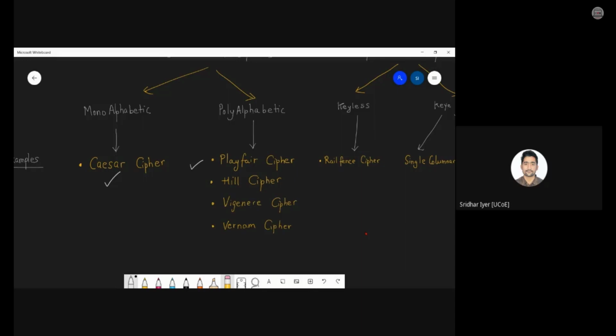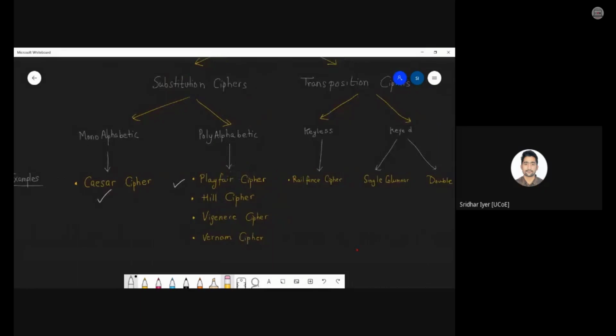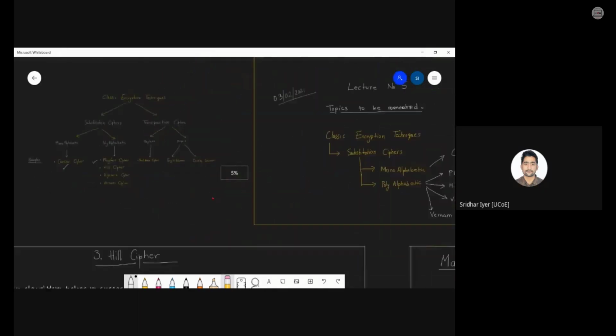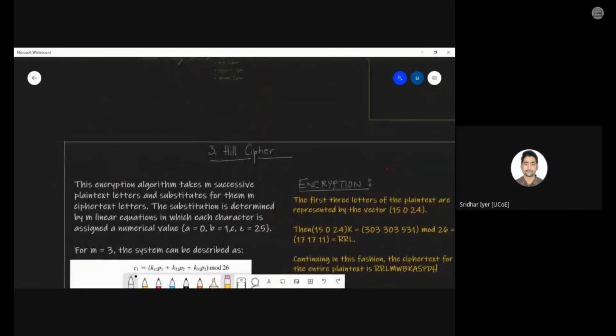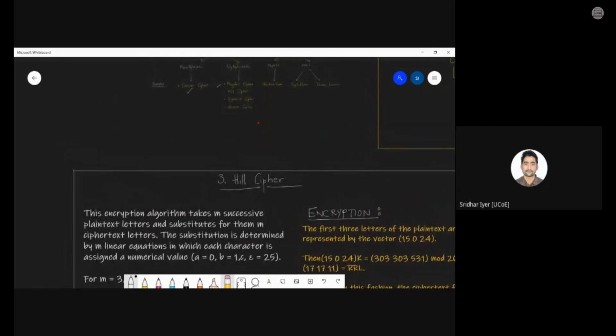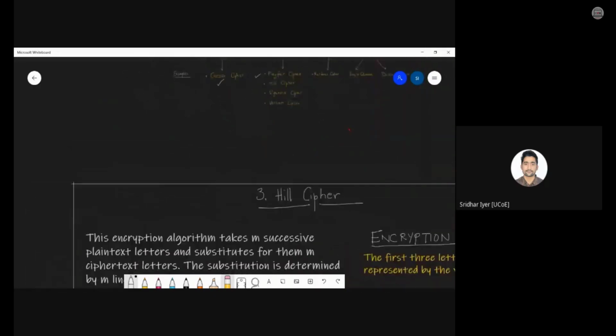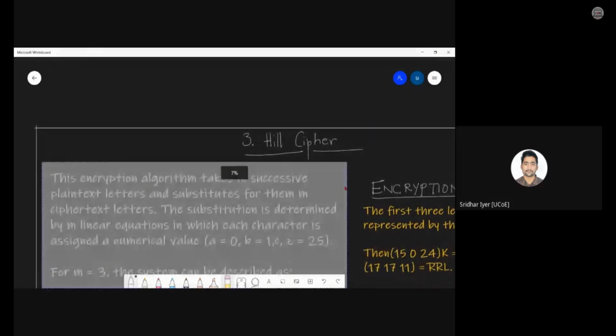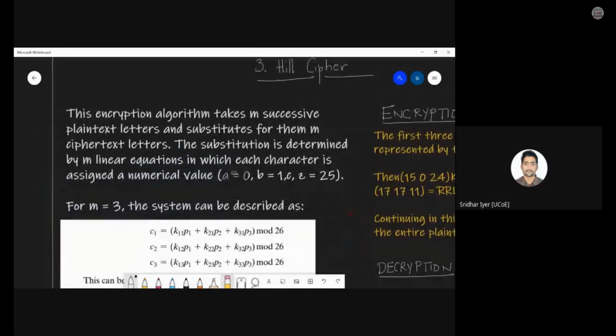Today we are going to see what is Hill cipher, and if time permits, we can start with Vigenere cipher also. Because Hill cipher itself is a little complex to understand, so I will focus a lot on that. Questions are being asked on this particular algorithm, 10 marks question with problems. So you have to focus a lot on this particular cipher. So let's see what exactly Hill cipher is all about, and then we'll solve some problems. For this reason only, I asked you to carry your calculators. If you're having it, well and good. Otherwise, manually you have to do. So let's see what exactly is Hill cipher.